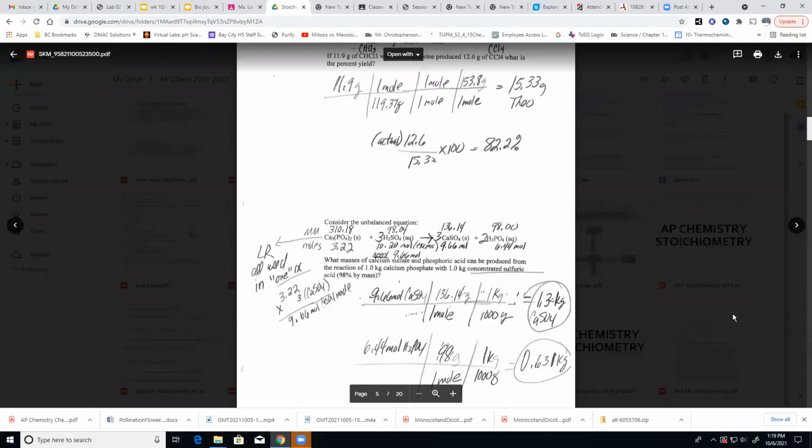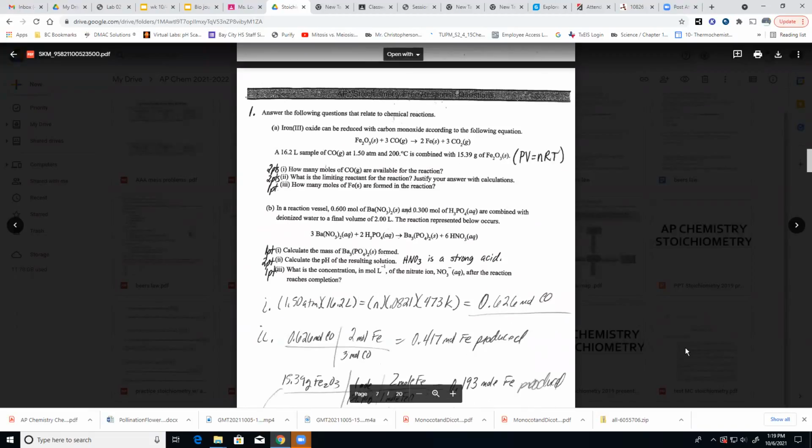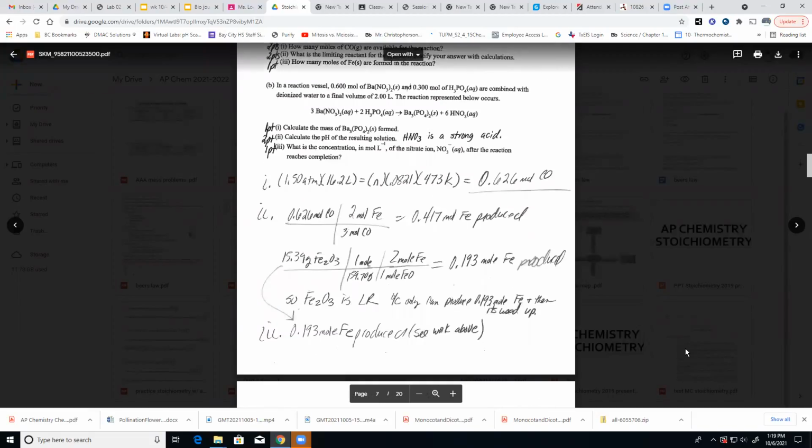All right, so is everybody good on that one? That was just a limiting reactant one. So then all we had left are all these, and like I said, I've worked them all out. So I'll scan those in and put them in Google Classroom, and then if you want to look at them,